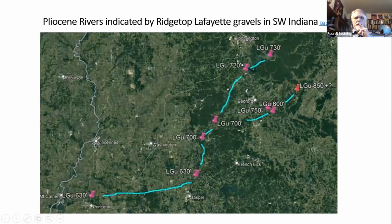And here I can trace, based on the plotting I've done, several Pliocene rivers. Amy Weingartner is right there. And you are seeing new information. You're the first folks to see this. After the last presentation, Cal Ritter and I spent a day in Lawrence County, chasing Lafayette gravel. We were able to confirm this occurrence and found it in the stream bed of